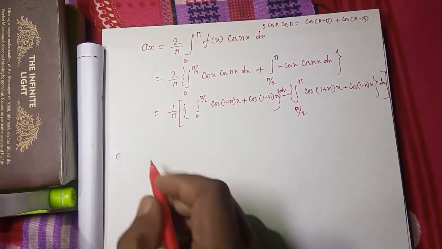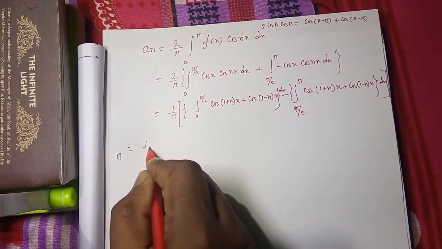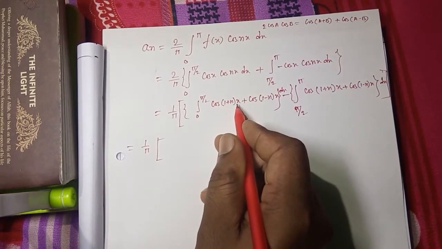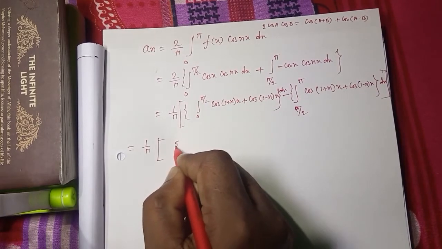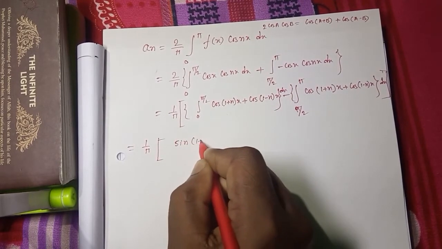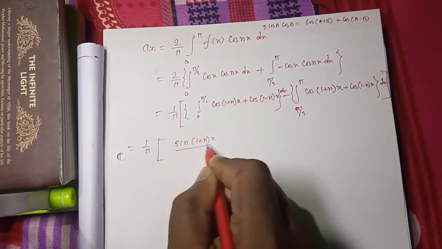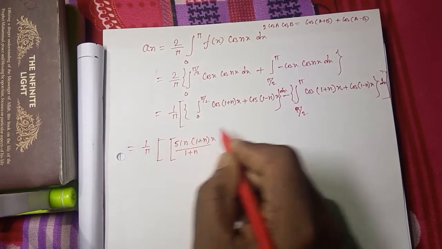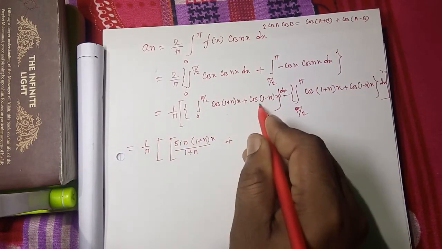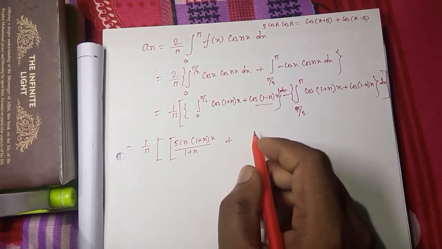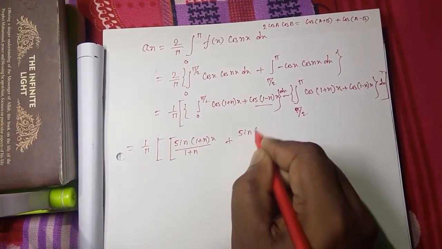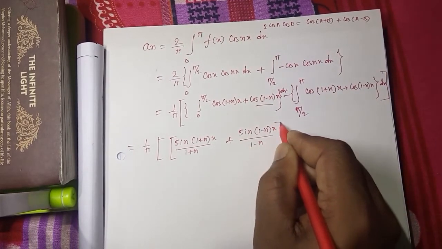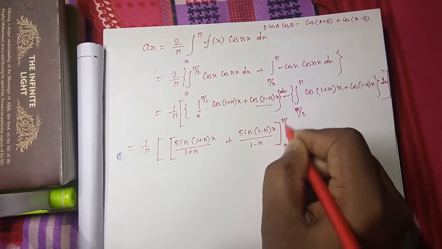And if we integrate this, we get 1 by pi, cos of (1 plus n)x dx. This gives sine of (1 plus n)x by (1 plus n), in bracket here, plus this term, if integrating, we get sine of (1 minus n)x by (1 minus n), and limit here 0 to pi by 2,